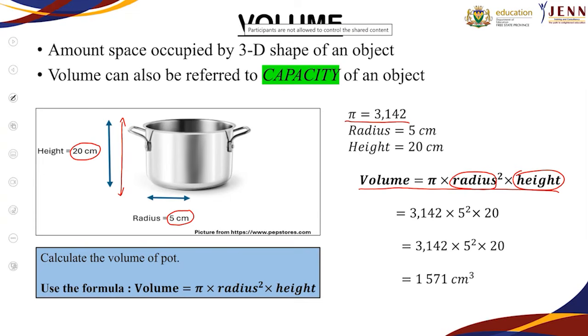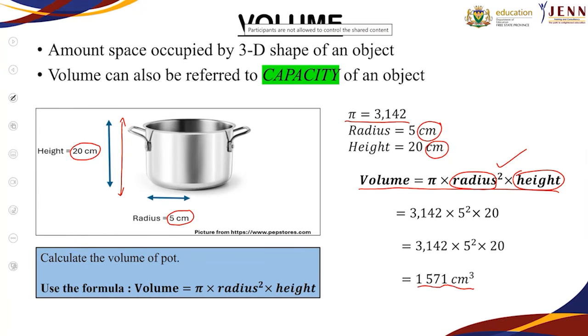So therefore, I need to look at my units. My radius is in centimeter. My height is in centimeter. Therefore, now I can use my formula because now all the units are the same. So then it's 3,142, which is my pi, multiplied by 5 squared, multiplied by 20. So then the answer is